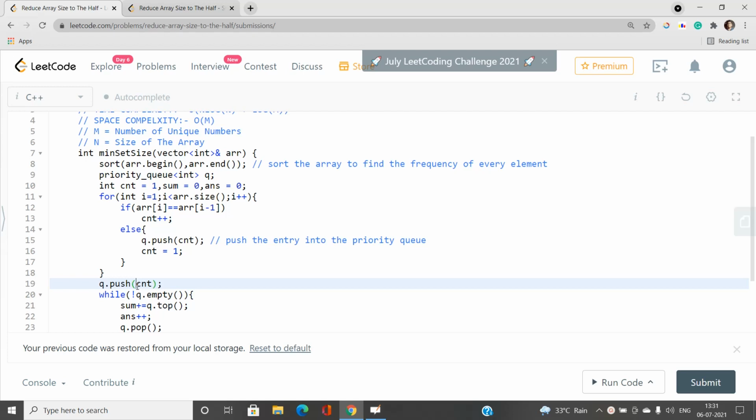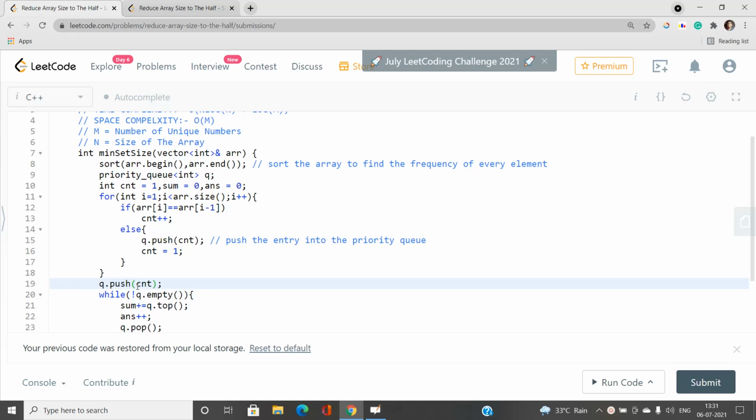Now you must be wondering what is the use of this priority queue. As I've already said, I need to process first the element which has maximum frequency into my set, and this priority queue is going to store that frequency.